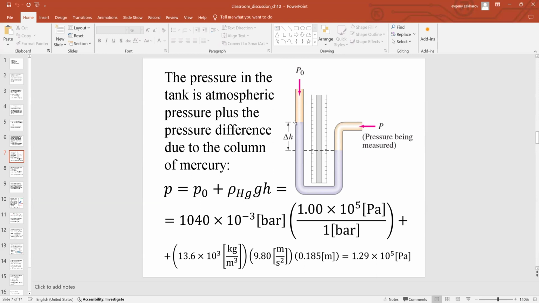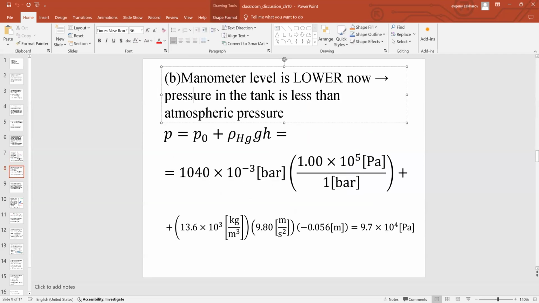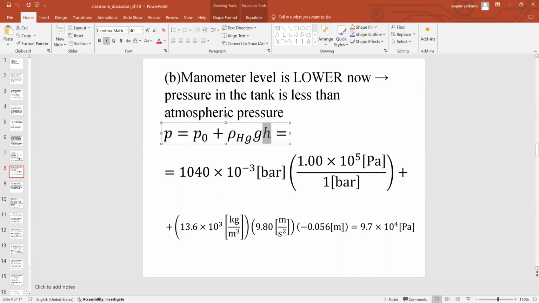So not only the change in the level is important, but also which way is the change. Is it up or down? If it's moving up, then atmospheric pressure loses to the pressure inside the tank. If the level is lower, then atmospheric pressure wins over the pressure inside the unknown gas tank. So pressure in the tank is less if the manometer level is lower,